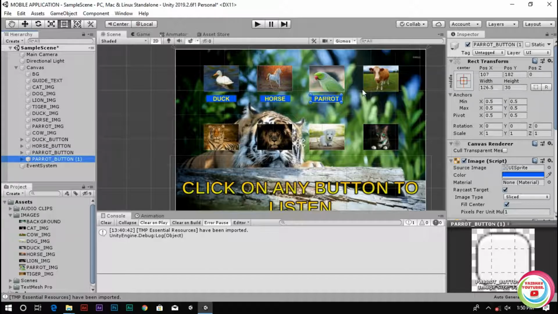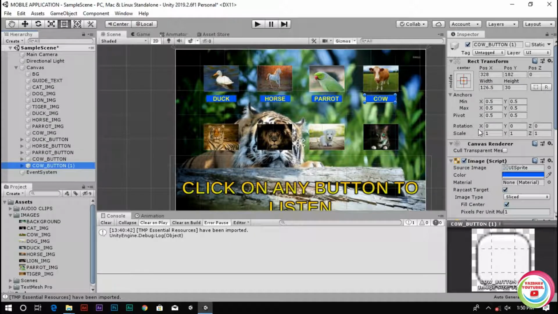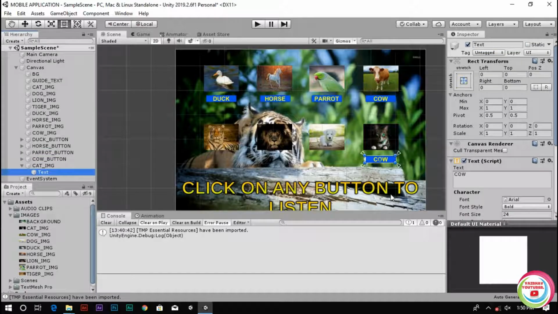Then duplicate it, place it below our cow and change the text to cow underscore button, and change the text to cow. Then duplicate the cow button, place it below the cat image and change this to cat underscore img. Then change the text to cat